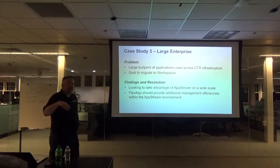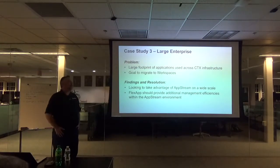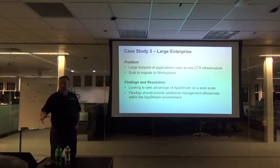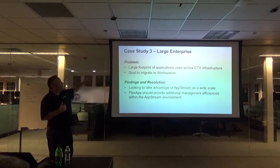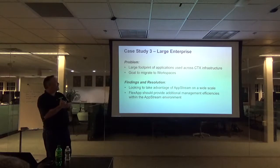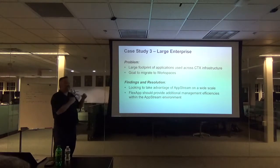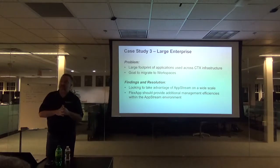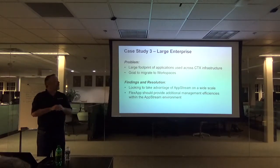This is where it gets interesting, because I still hold this title, but my role kind of shifted. I was the product marketing manager for a product called FlexApp that we offer, which is application layering. Now what you're going to see is a large enterprise with a footprint of 9,000 applications that they wanted to move off of Citrix into AppStream. And